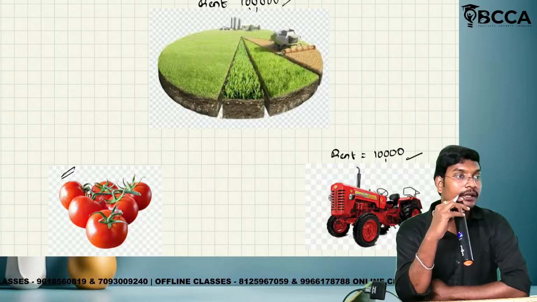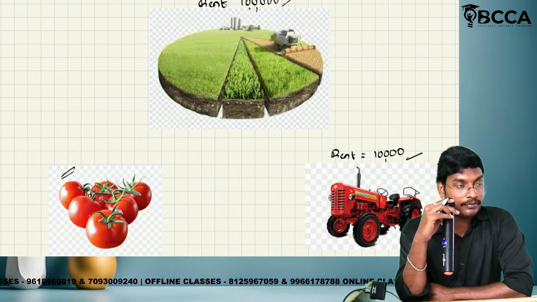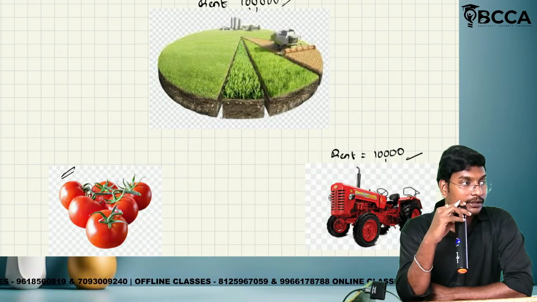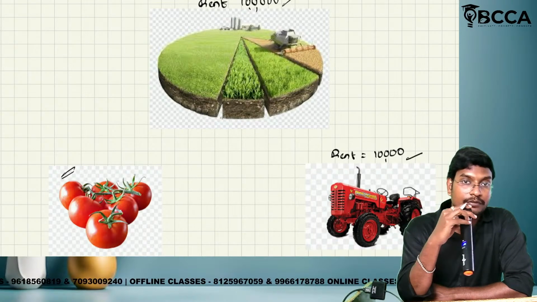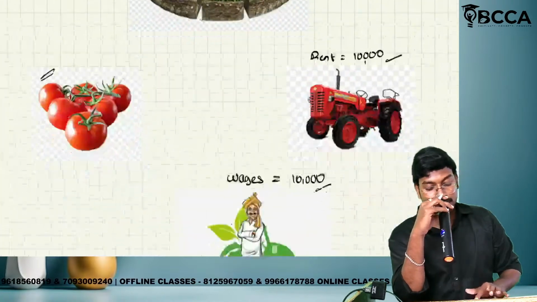Thinking from our point of view, for business point of view. From our point of view, we have not started any business, right? Generally we have cultivated the tomatoes. So this is from the individual point of view. This is all the discussion for the individual point of view. But in financial accounting,